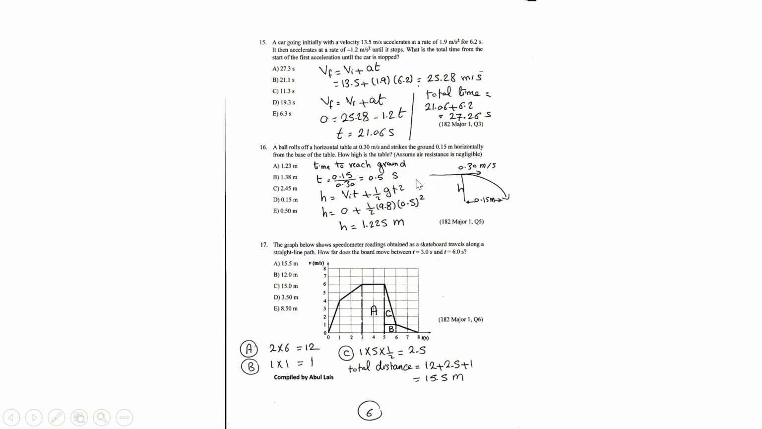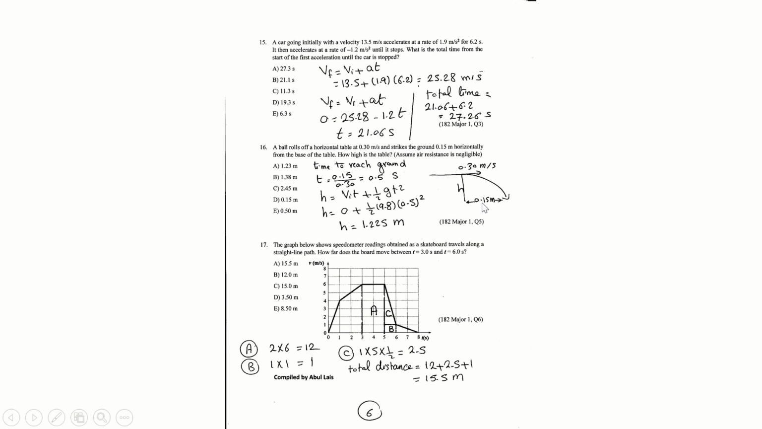So you have a ball that is moving horizontally at 0.3 meters per second. So now that means that the vertical velocity is 0 and the horizontal velocity is 0.3 meters per second. We want to find the time to reach the ground. Now remember that we need to have the height of the table. So first I need to find the time to reach the ground, and we know that